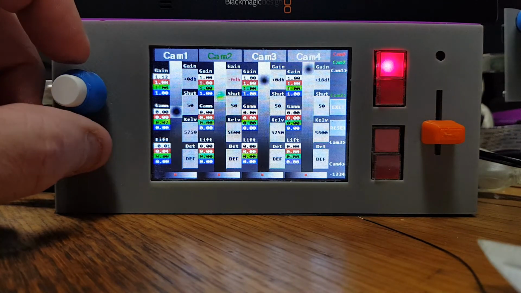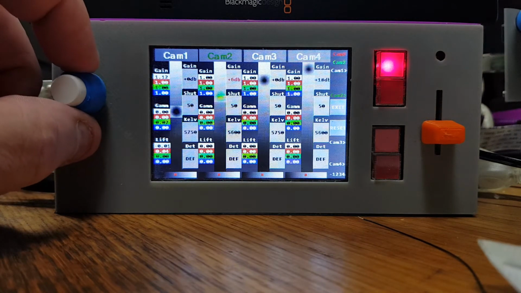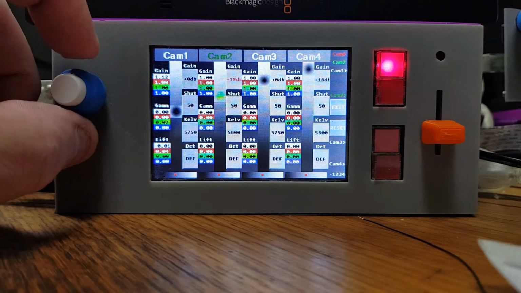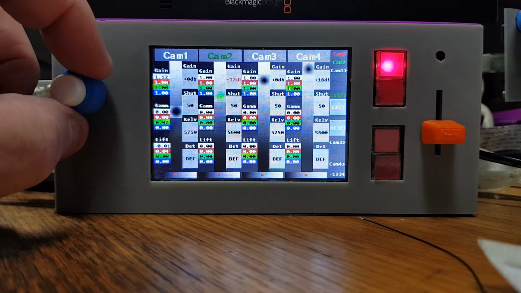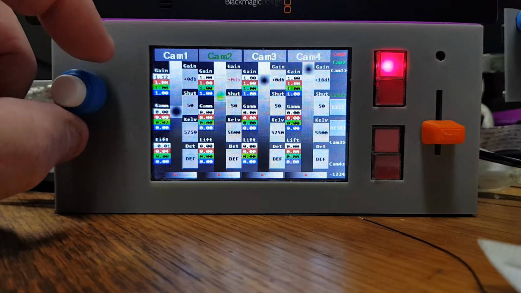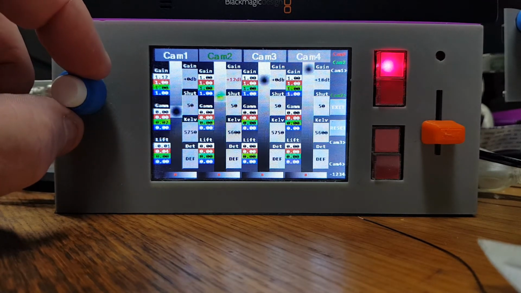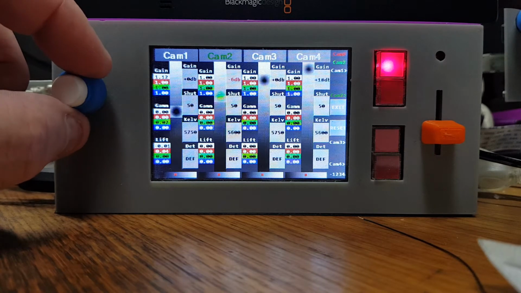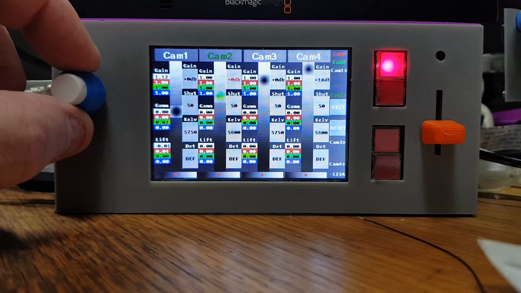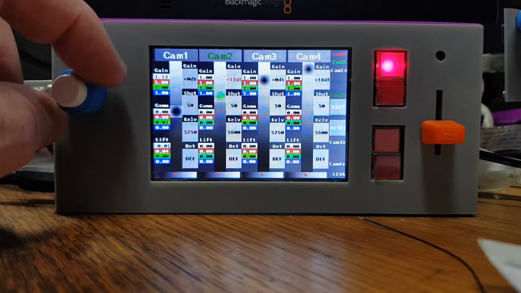Now what that means is that this rotary knob now is in control of this value. So I can just keep turning it forward, which keeps incrementing, and if I turn backwards, it decrements, and you can just see it's going through all the ranges. So it'll actually go back into minus, and then once you're down at the very bottom, which is -12, it will then go forward. So we're going 18, 12, 6, and 0 dB. So I'm in a very dark room at the moment, so I'm just going to leave these on plus 18